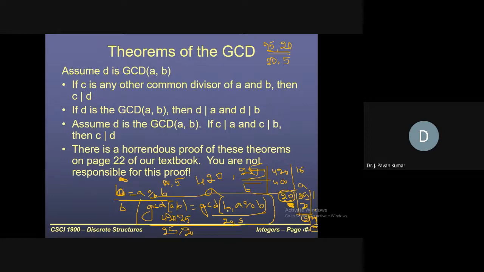B value is 5. In the last iteration, while calculating GCD of 20 comma 5, it is becoming GCD of 5 comma 0. Whenever this particular second one becomes 0, then we can stop there itself and we can say this first one is the GCD. Understand? Like this, we can use this particular formula. GCD of A comma B is nothing but GCD of B comma A mod B.